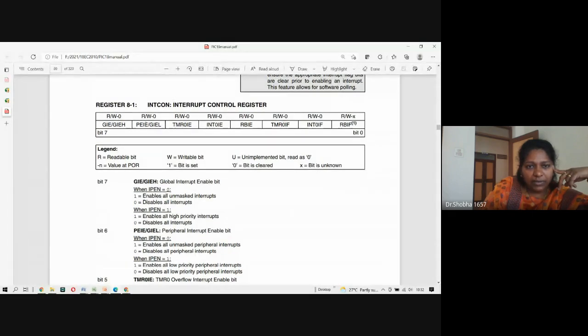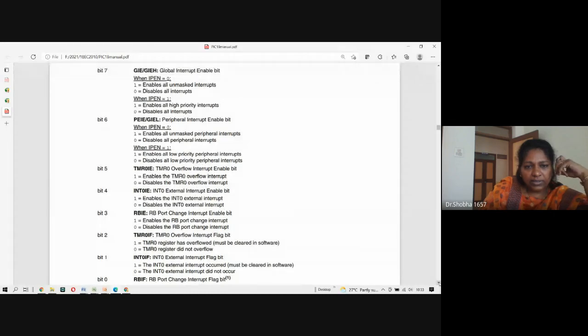Next, we have the peripheral interrupts. This also needs to be enabled. Then you have timer 0 flag, then INT0 flag, external interrupt 1, timer interrupt, and the bit change interrupt flag. All this is mentioned in this register.